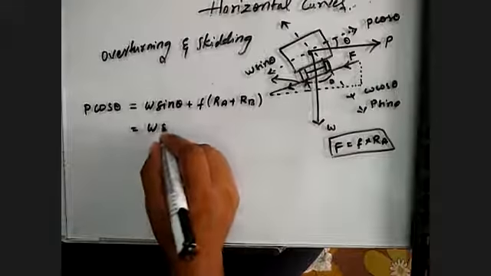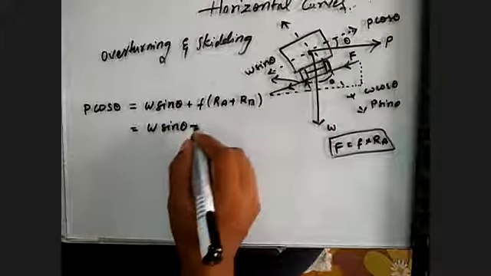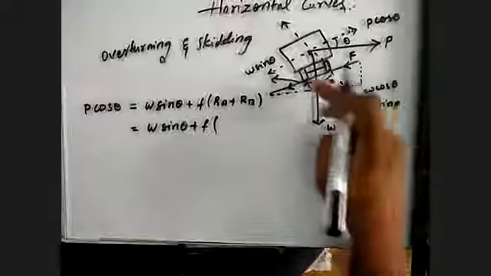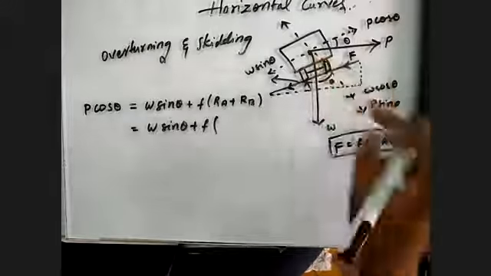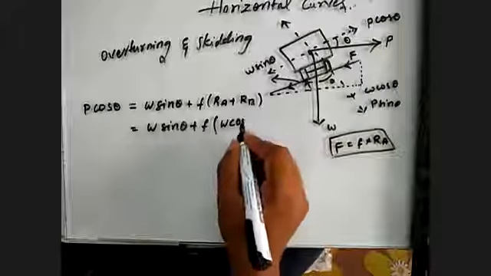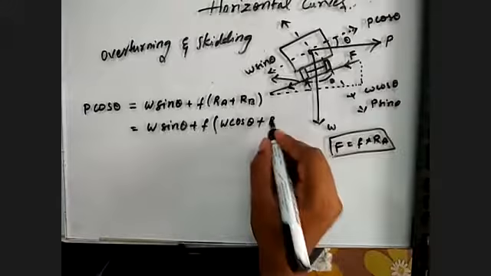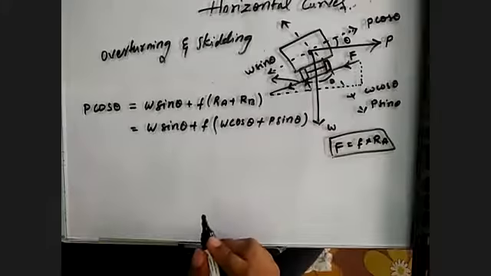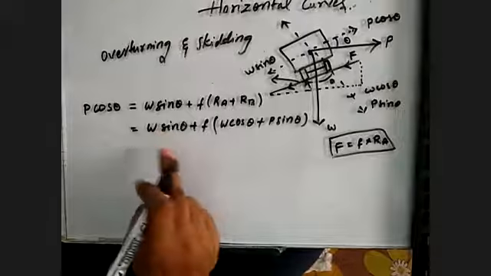Now we have W sin theta plus F into RA plus RB. That means the force acting normal to the plane will be equal to W cos theta plus P sin theta. Now getting back to the P terms and the W terms, what we'll have is